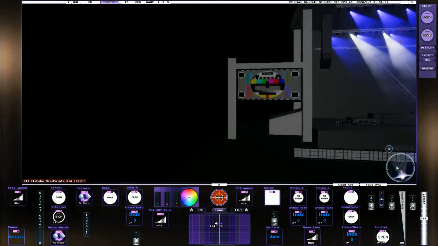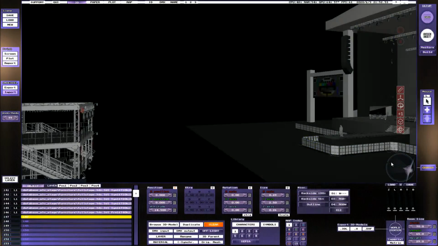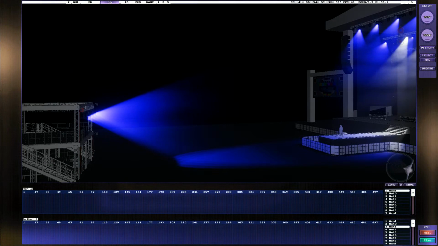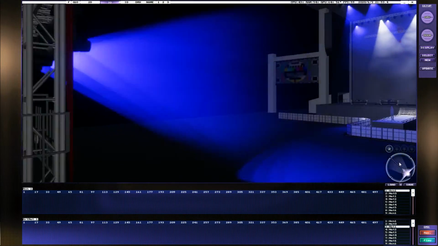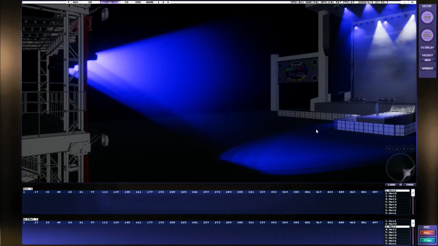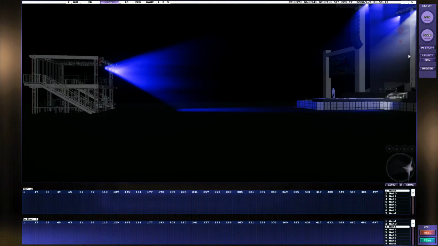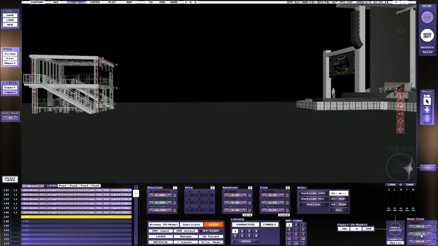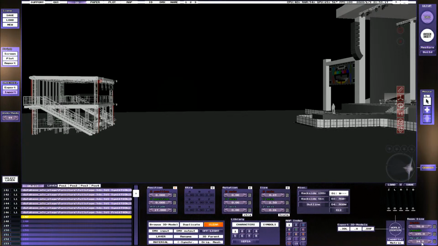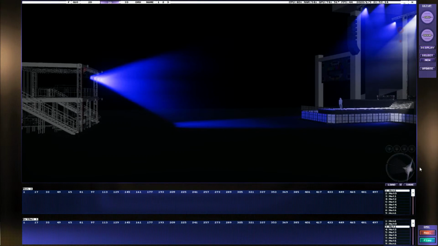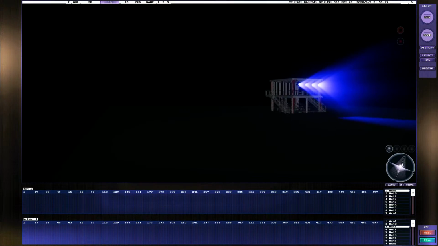Feel like I still... yeah, there we go. See, I knew there was something missing from the model. Our very ornate front of house position. Yeah, look, it didn't look too hard. It's pretty simple. And there's always a little bit of tweaking involved. Sometimes it doesn't pick up on the right software versions and stuff like that, but, you know,